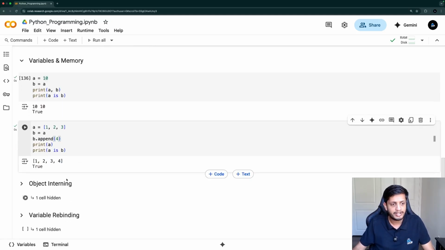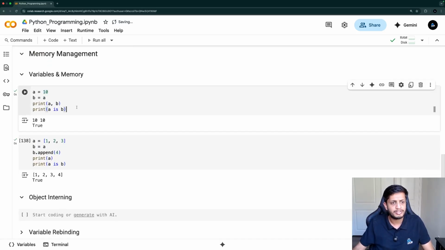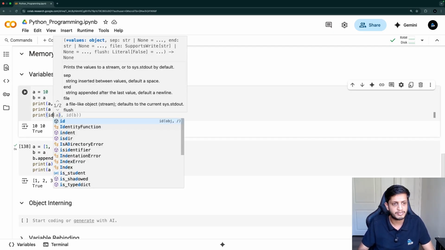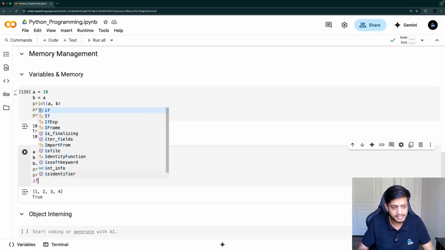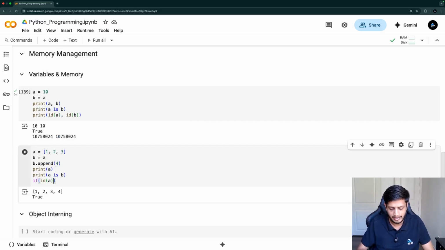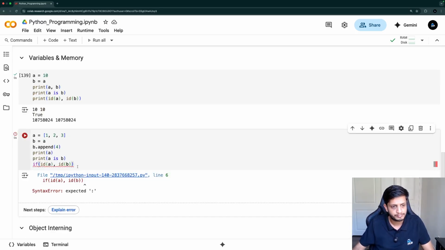Okay, now let us look at the concept of memory interning. Actually here in both these examples, let's try to see the memory locations as well, just to be sure. ID of a and ID of b. So here the same memory address is getting printed, and even here it is a list. Here also if I print ID of a and ID of b, here also